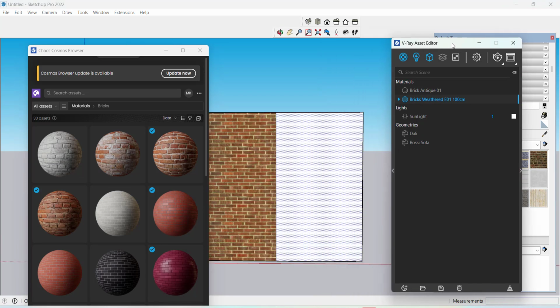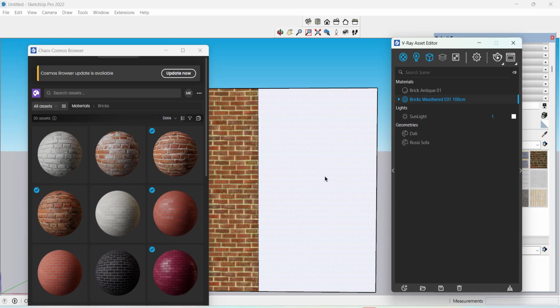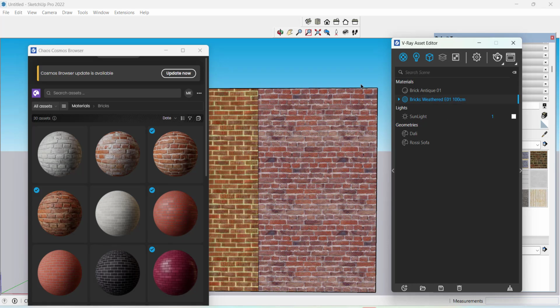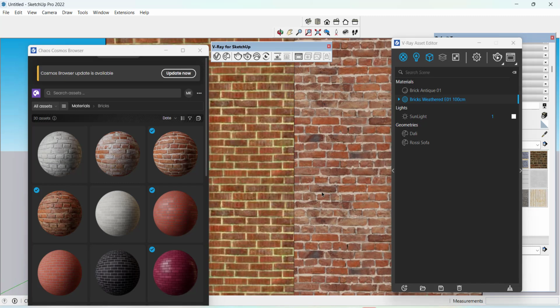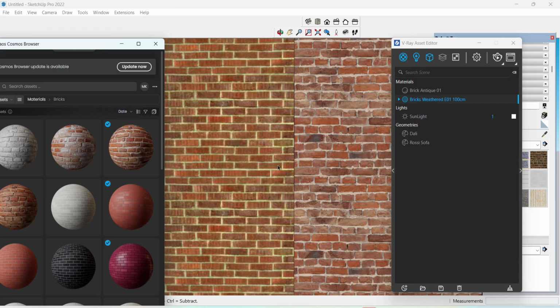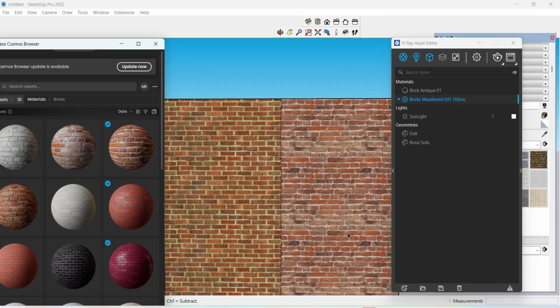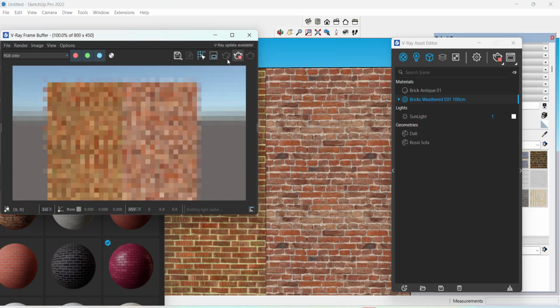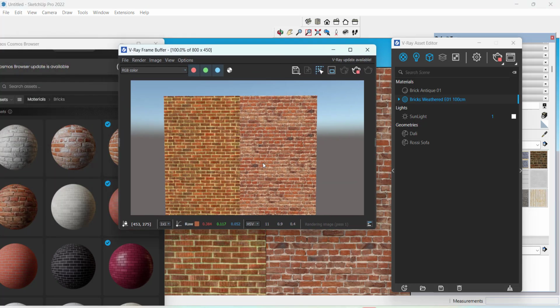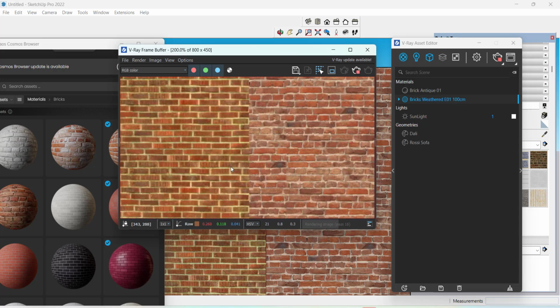Make sure you select the particular face or object on which you want to apply the V-Ray material. Then right click on this option and click apply to selection. Even without rendering, you can see the difference between the default material and the V-Ray material. When I click on the render option, you get a very high quality realistic output